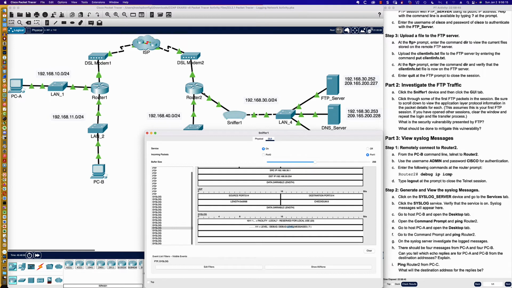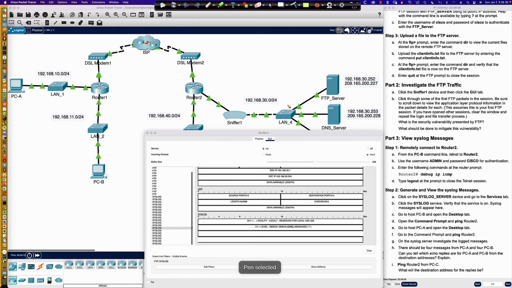And now remember, this sniffer here is what we refer to as inline, right? It's not in a mirroring mode. It's inline because it's in the direct line of the traffic. Now, if we had it hanging off of the switch over here, switch LAN 4, and if I was to pull this up very briefly, and the sniffer was hanging off of LAN 4 over here, and this was